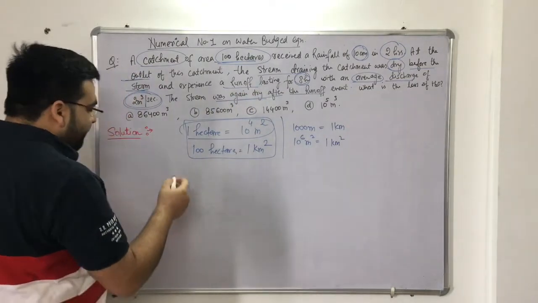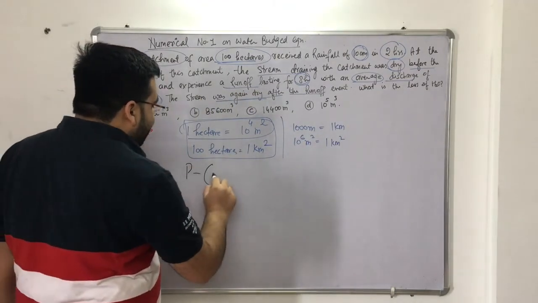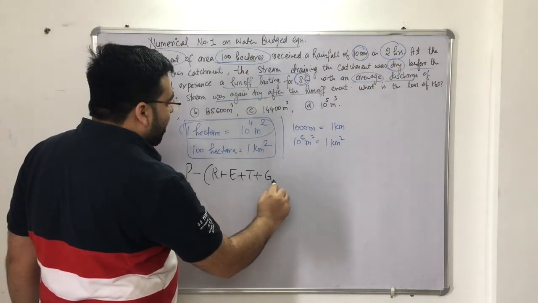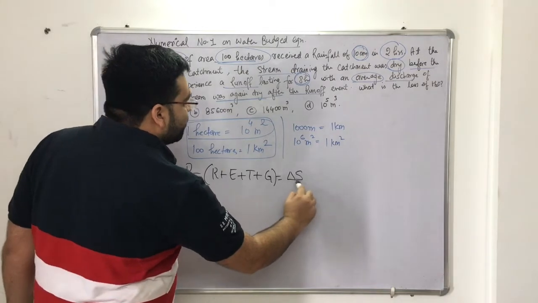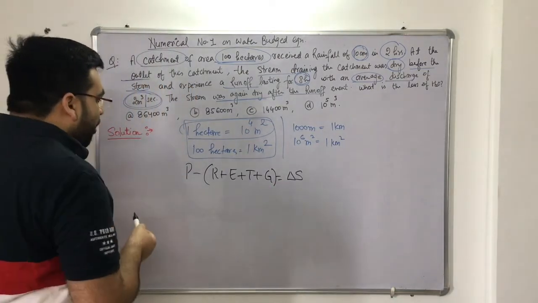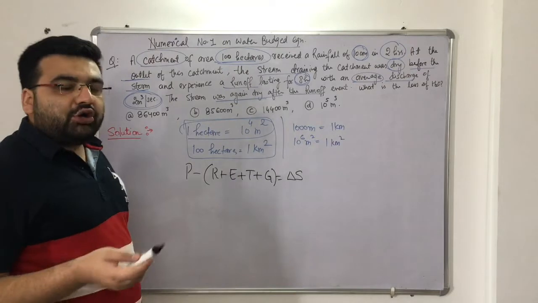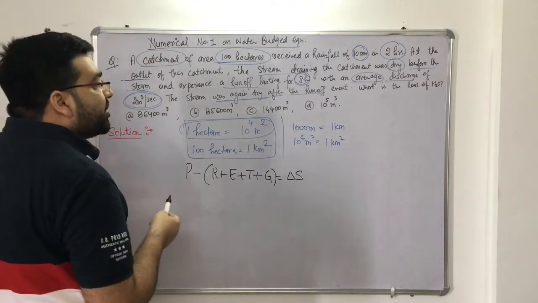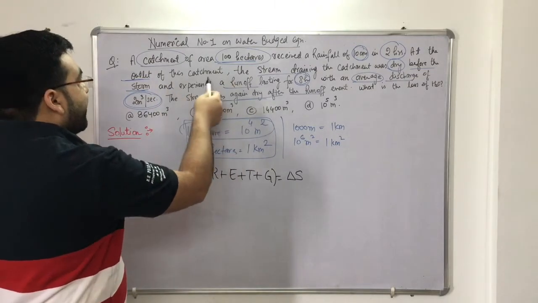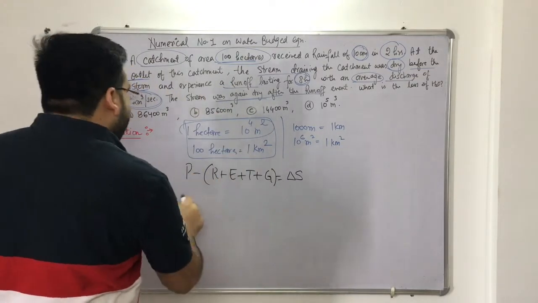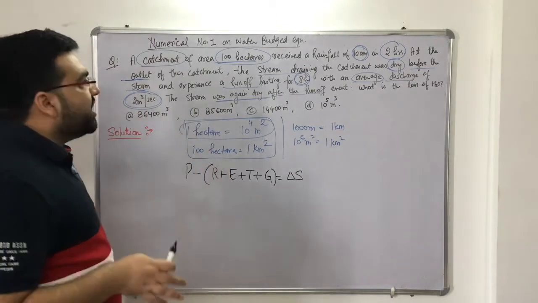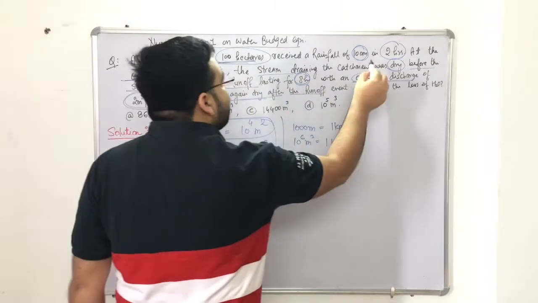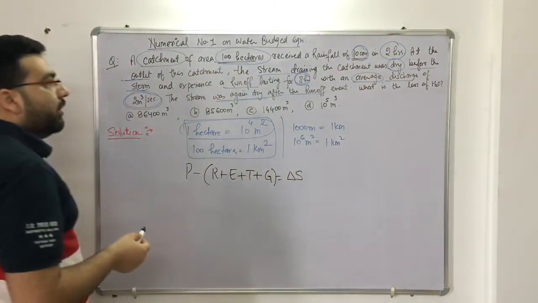I told you that precipitation minus runoff minus evaporation minus transpiration minus groundwater will give you storage, or you can say that inflow minus outflow will give you storage, right? Let us see that in this equation. The catchment is given to you. What will be the inflow? The inflow will be the precipitation which has occurred. Over an area of 100 hectares, the precipitation is 10 centimeter.